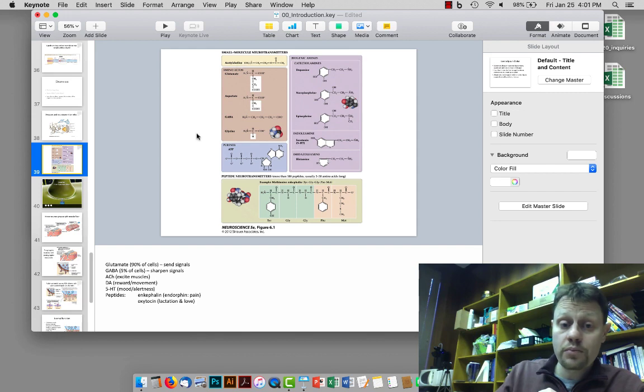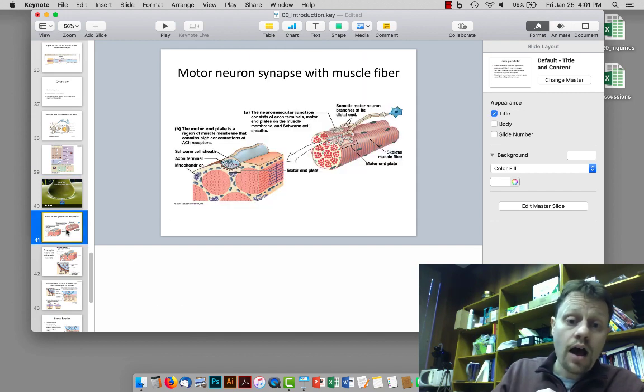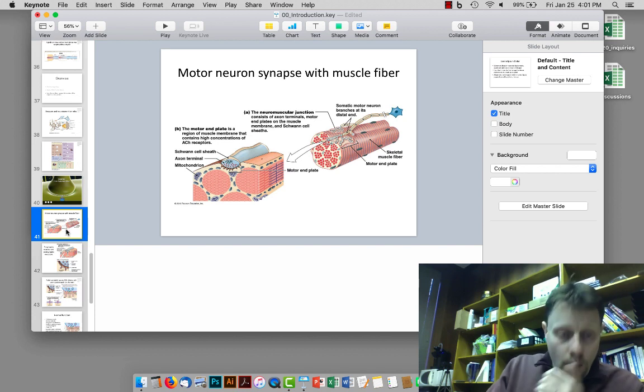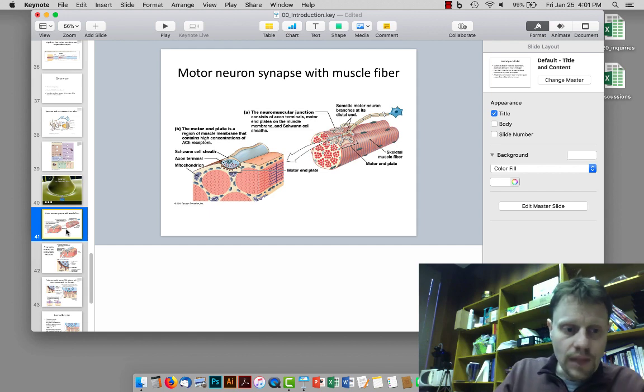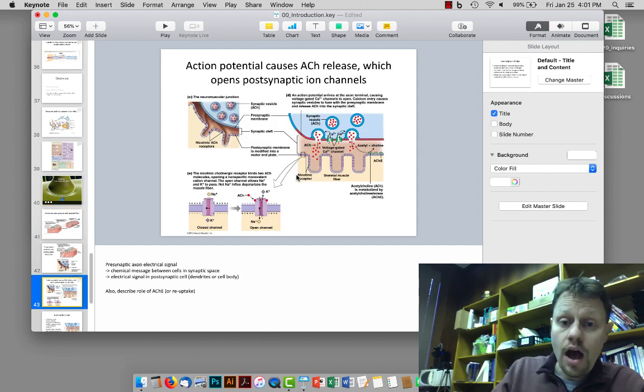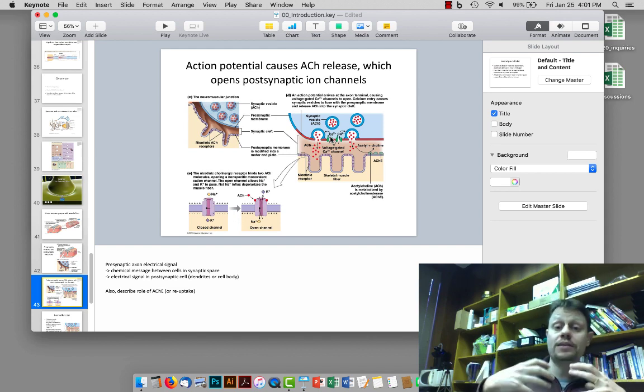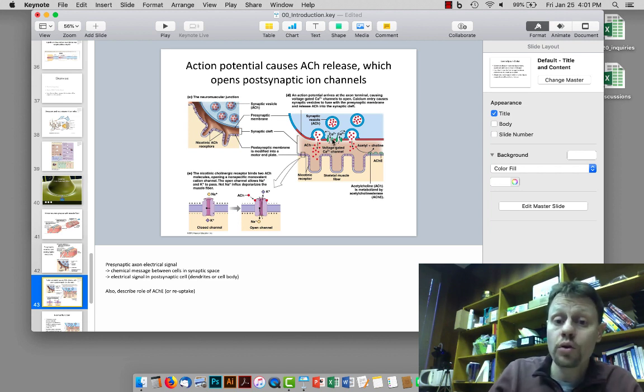Acetylcholine has some roles in the brain that we'll talk about in the next unit. But for right now, acetylcholine is important for the neuromuscular junction. And at the neuromuscular junction, just like all synapses, when the action potential arrives in the presynaptic motor neuron, the axon that comes from the spinal cord and travels out through the periphery to the muscle, this causes the opening of voltage-gated calcium channels. Calcium flows in, calcium binds to proteins on synaptic vesicles,